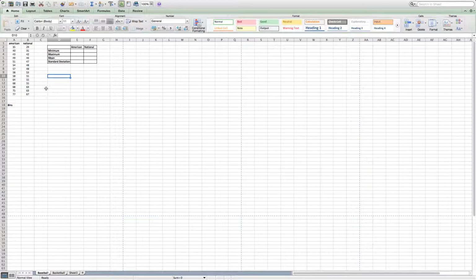So first things first, I made us a little data table here because it's important to know the minimum and the maximum value from each data set before we can actually make a histogram. So this is the number of home runs from the American League in the MLB, and this is the number of home runs in the National League in the MLB. So what we're going to do is make a histogram, and the first thing we need to do is figure out what's the smallest number, what's the largest number, so we can figure out what bin sizes we want to